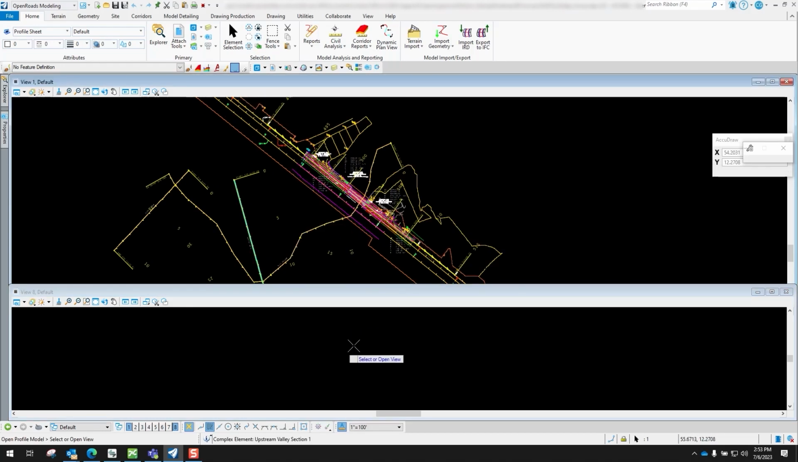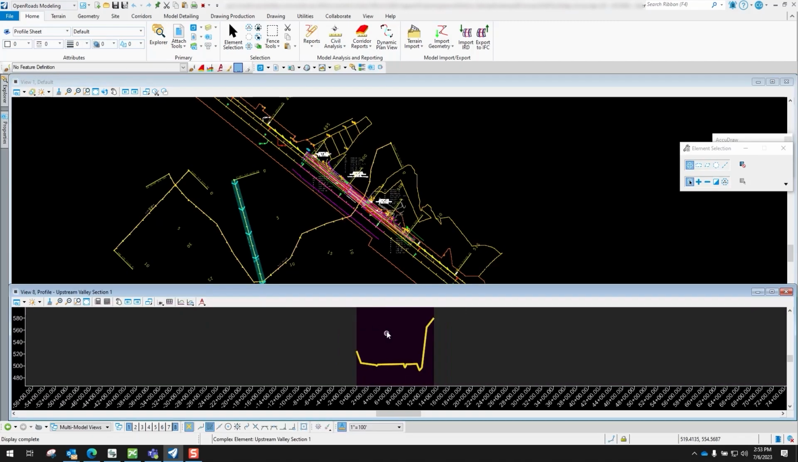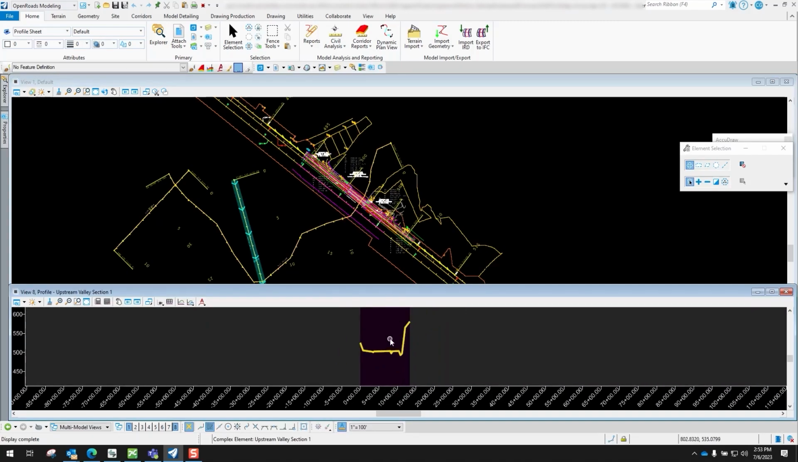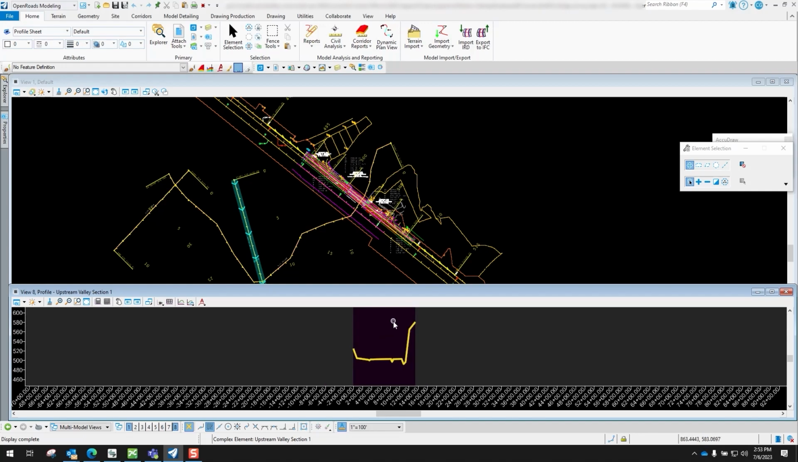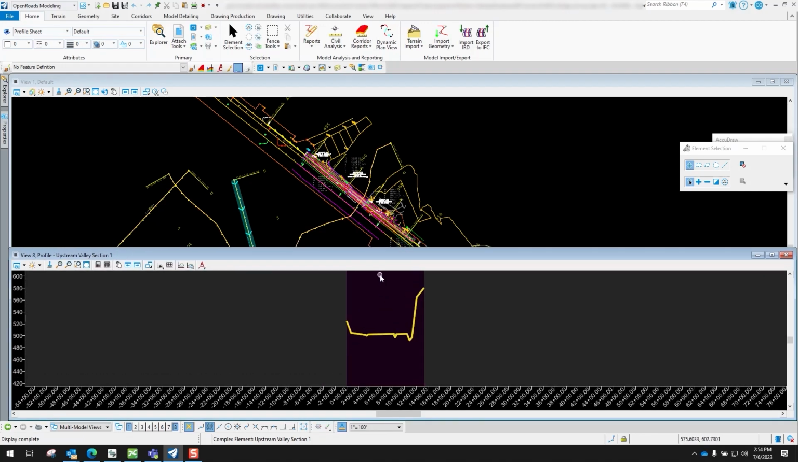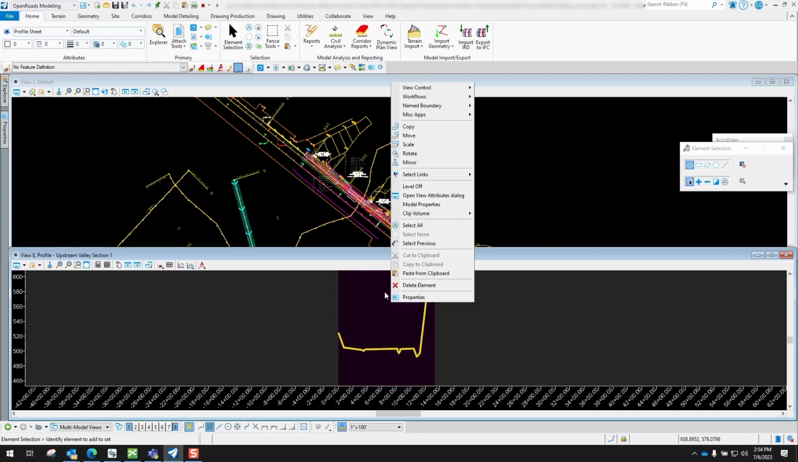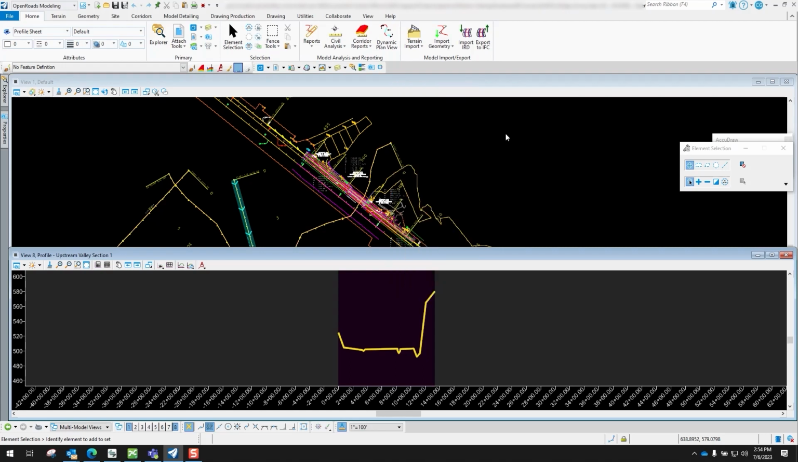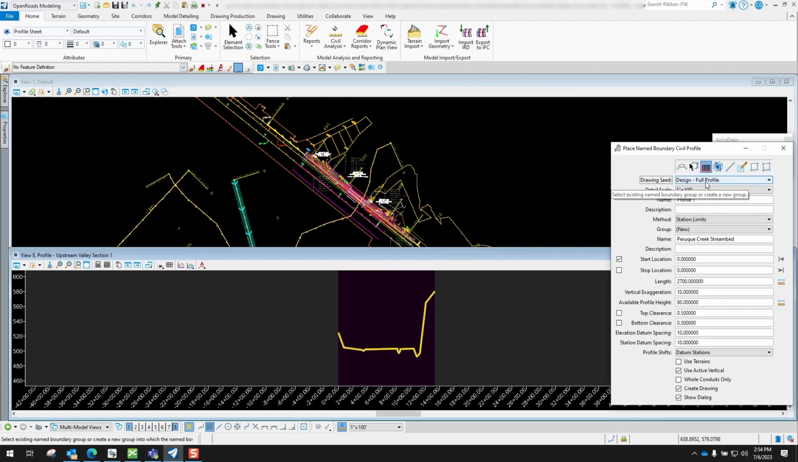Open up the profile model. I'll select this view right here. You see that it's right in this area. And now I can go ahead and do the same thing. I can come in here, just make it a little easier on me, I'll make it a little bit bigger. Hold my right mouse button down, go to name boundary, go to profile sheet, and on this one right here,